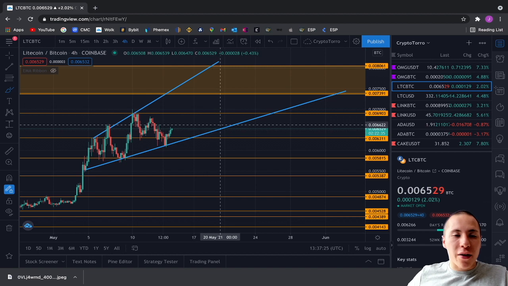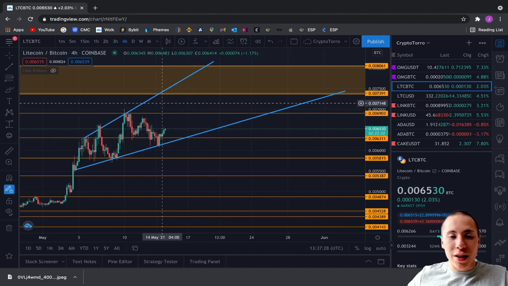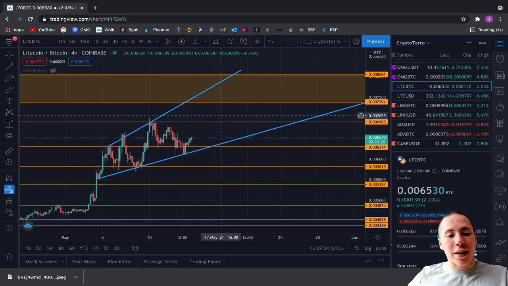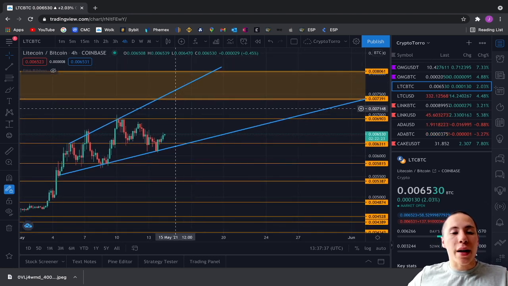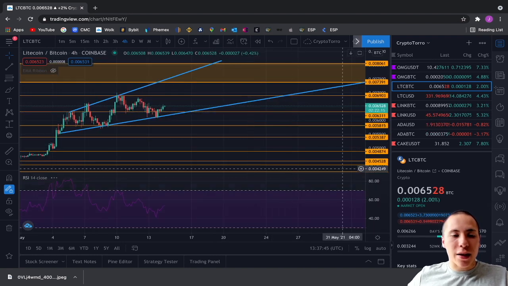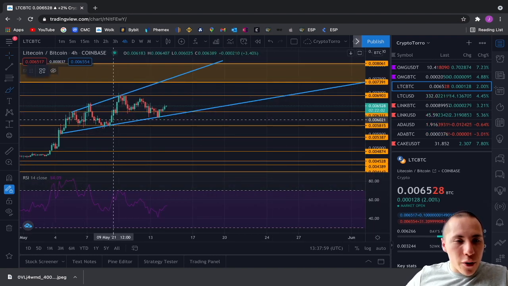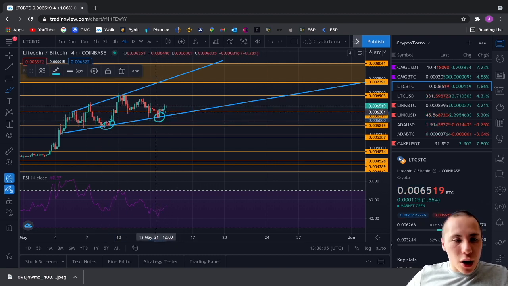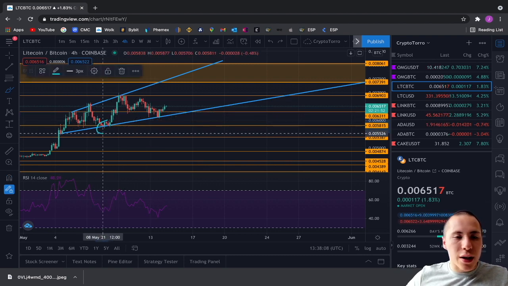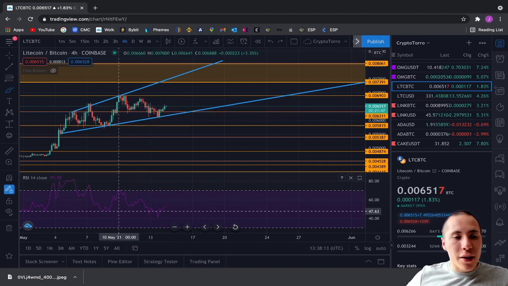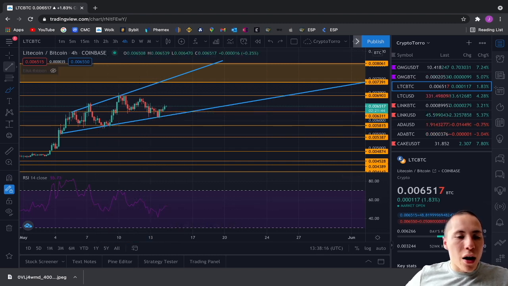But for Litecoin to have enough momentum, we have to look at even more signals that will give us the data to actually look at Litecoin and think, yes, it will be able to break this resistance level over here. So I would like to activate the relative strength index, and as you can see on the chart right over here, we have a higher low being created on the chart of Litecoin. As you can see over here, this is a higher low, and on the RSI we have a lower high